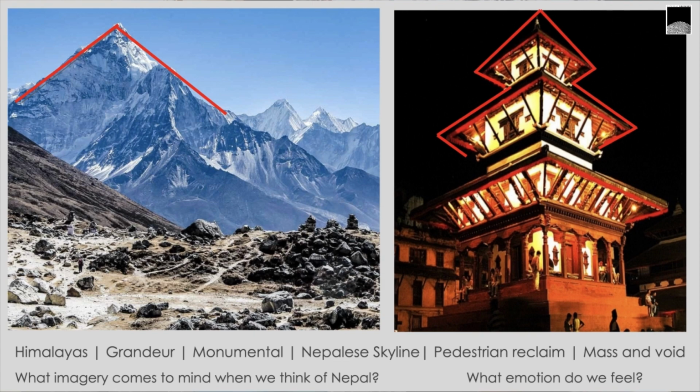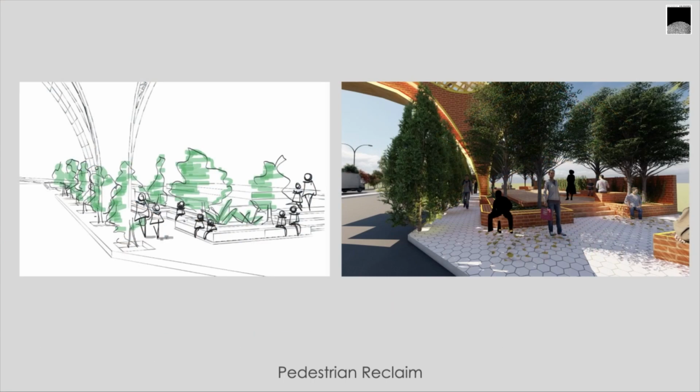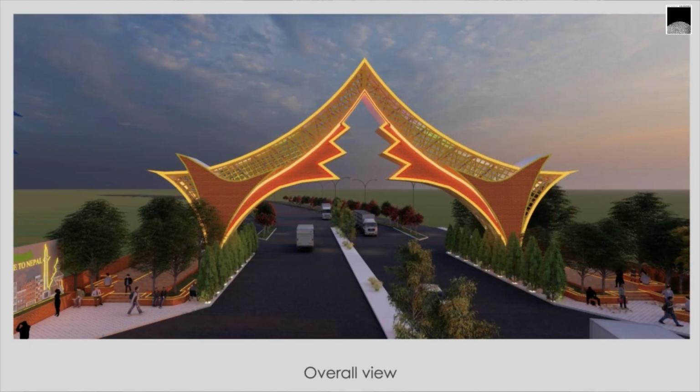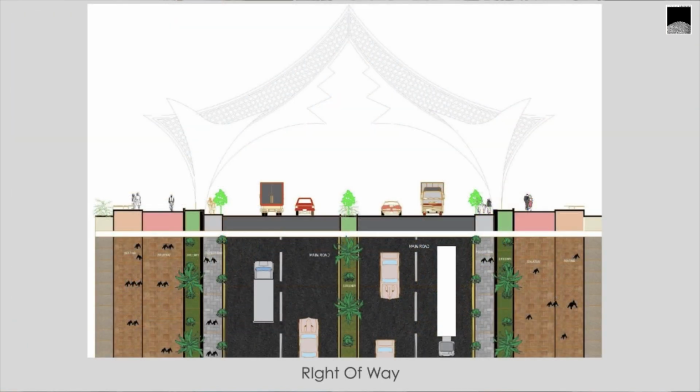void of the temple, pedestrian reclaim with introduction of shaded seating spaces and separate pedestrian pathways. These formed the overall design of the gate and its surrounding landscapes, and a right of way with separate entry points for the loaded heavy trucks, vehicles, and the pedestrians. The pedestrian entry is extended with seating spaces and a pausing space with their luggage while traveling.